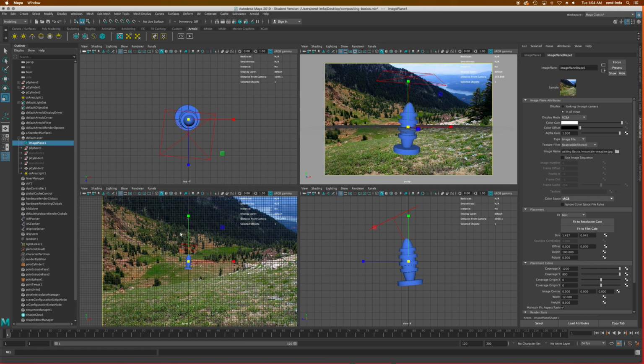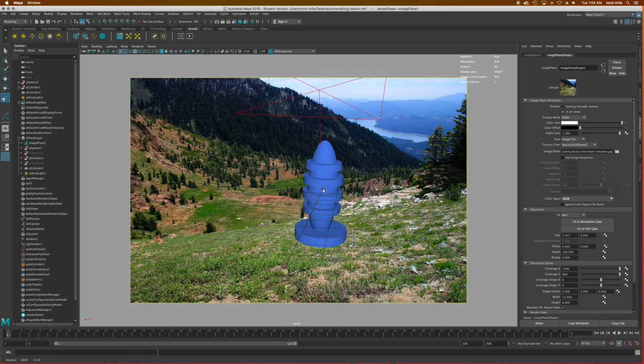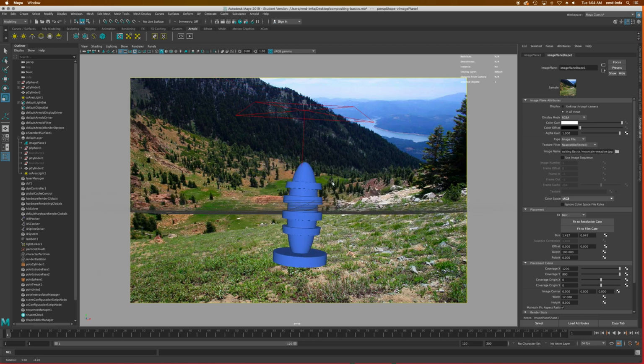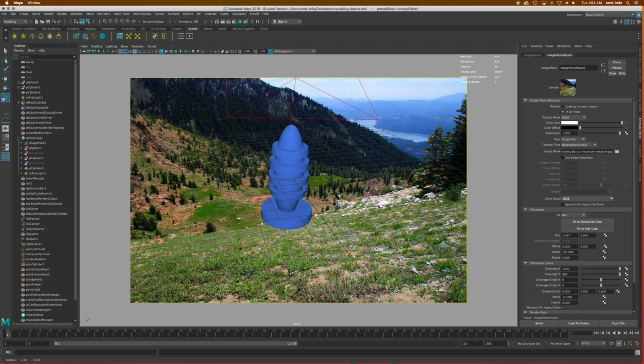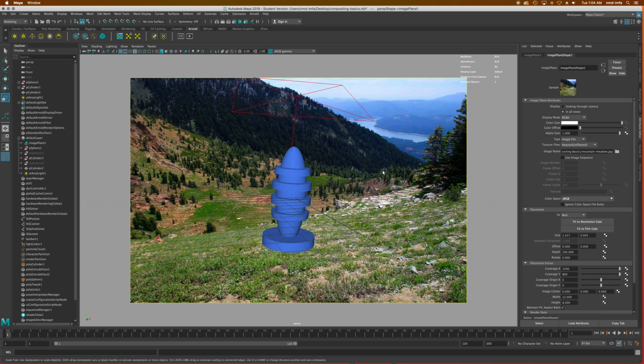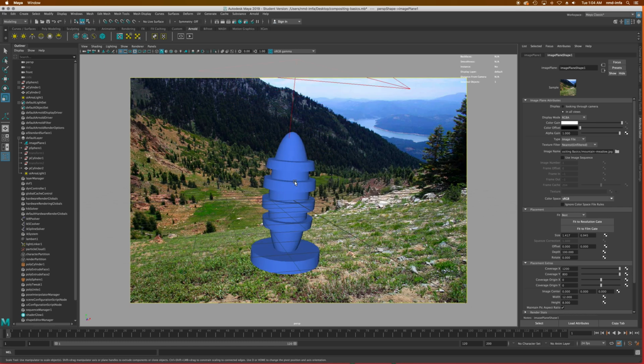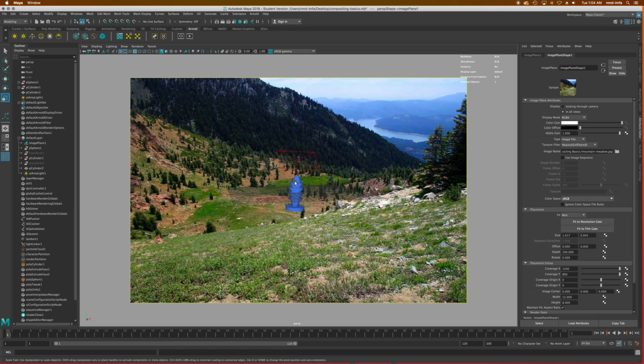In some ways, it's not as manipulatable as it is if you put it into the orthographic views. But if you want it to be locked to the camera, so if I go to single view here, that's just always going to be there no matter where I move my camera around. It's sort of just locked in the background of that perspective camera, kind of off in the distance, right? And I can pretty much zoom this way in and out, and it's always going to be there in the background. So this is one way I can begin to think about, okay, where does my object get placed in respect to that background image,